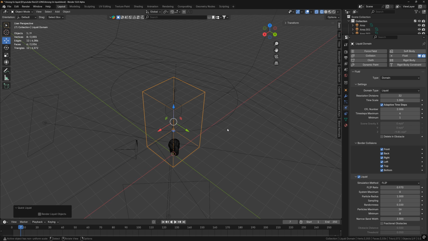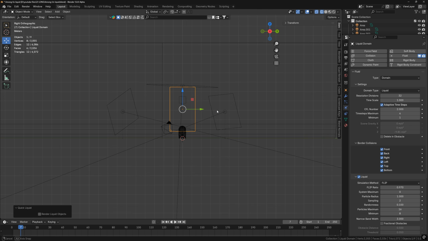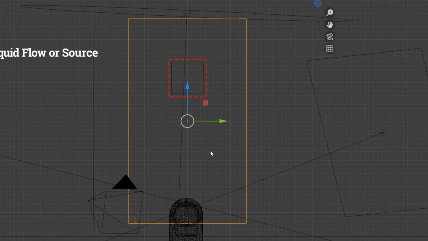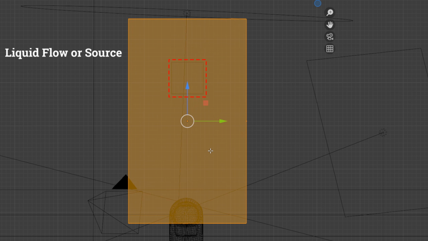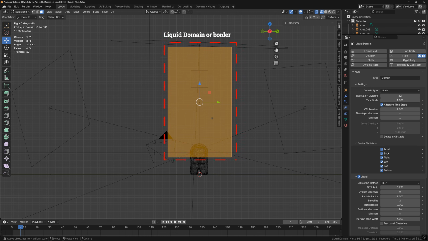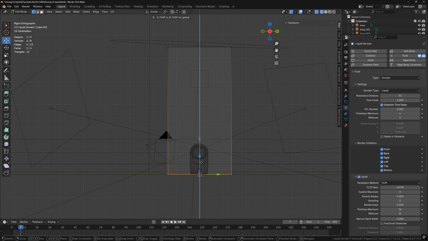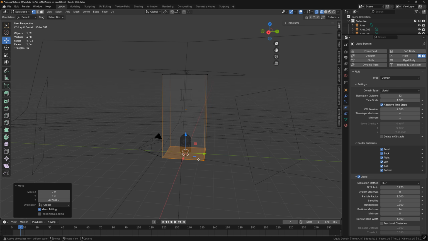Blender converts the cube into the liquid source flow and automatically creates a new domain object that surrounds the scene. As you can see, the smaller object inside is the source, and the larger surrounding box defines the borders of the flow animation. In simple terms, the domain acts as the limiter for a faster bake and for calculating the liquid animation. By pressing Tab, you can adjust the domain to cover the ground and objects you want to be